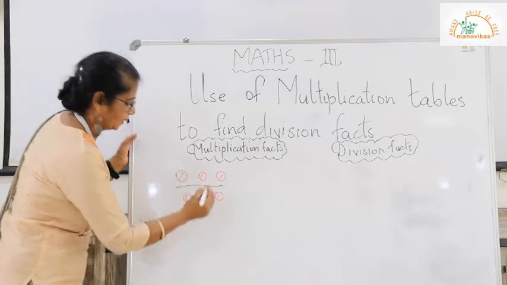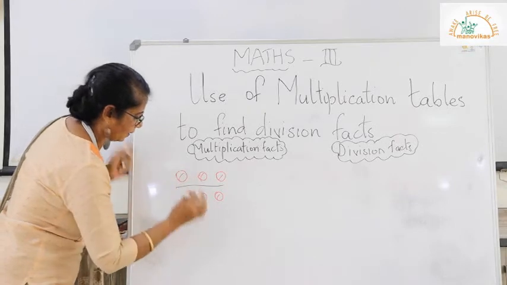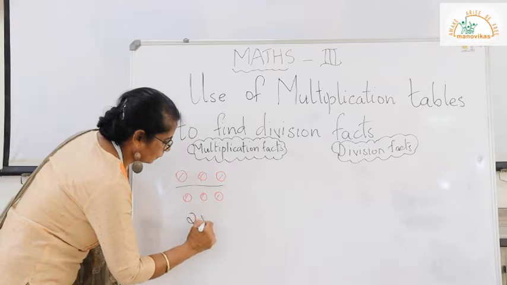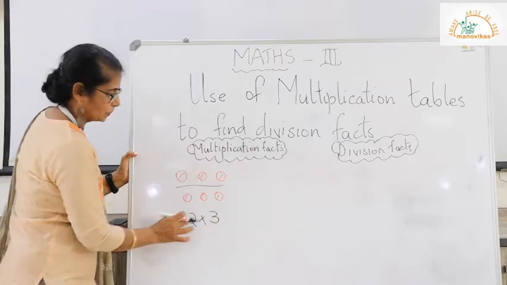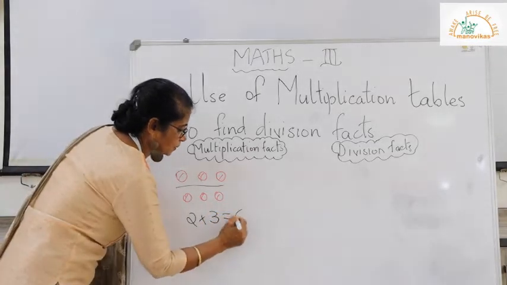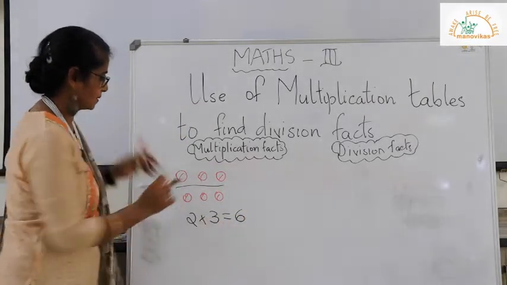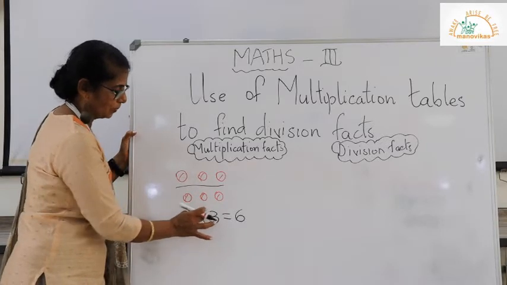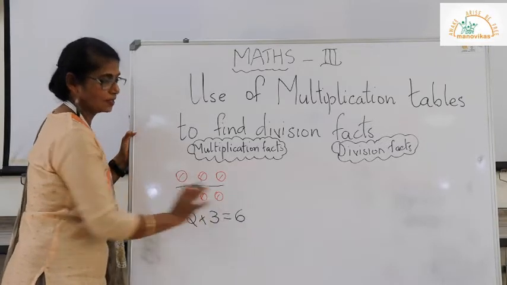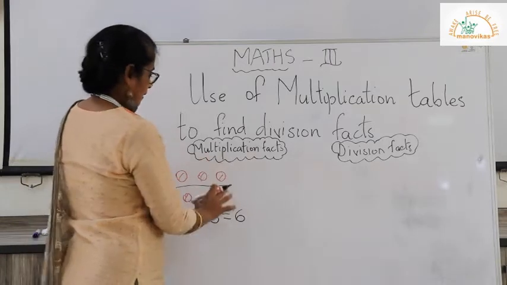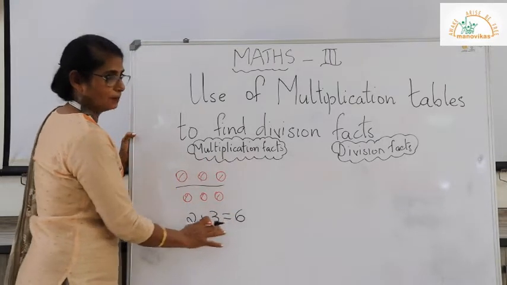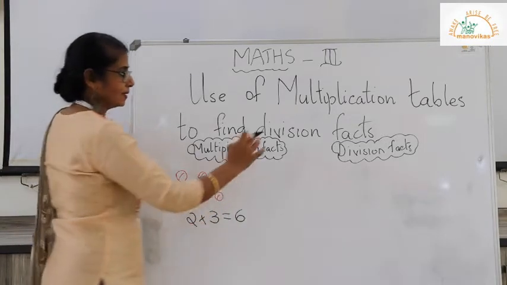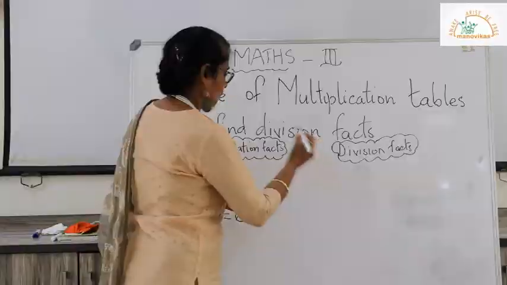So now what we are doing is, we are multiplying 2 into 3. 2 3s is equal to 6. We know that 2 3s is 6. There are 3 balls placed in 2 rows and we have written 2 into 3. These are the 2 factors of 6. This is actually a multiplication fact. Taking in consideration of this multiplication fact, let us find the division fact.